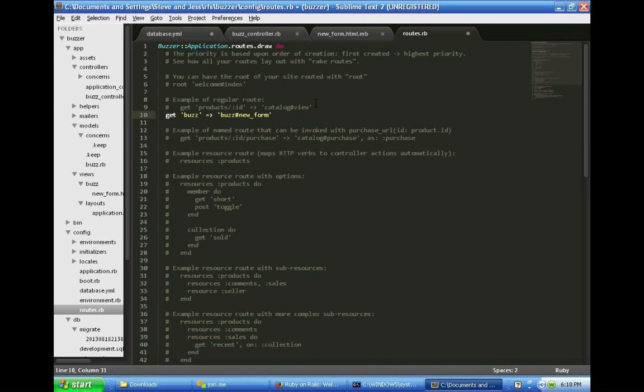And so, again, what this is saying is if you go to /buzz, you get taken to the buzz controller's new form action. And by default, the buzz controller's new form action, like you just defined an empty method, is just going to render that new form HTML page. So there's a lot of default stuff going on. So if you save this,